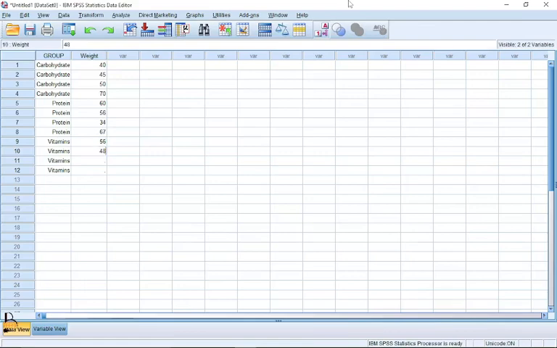So that's how we go about it. So I know we have learned something today. This is how we go about creating a variable and then coming back to the data view to impute the